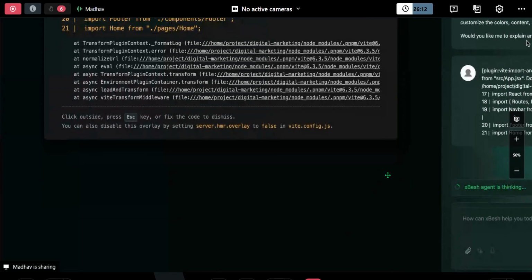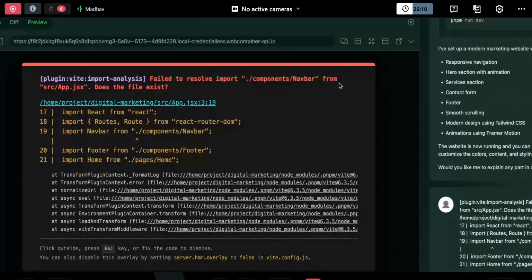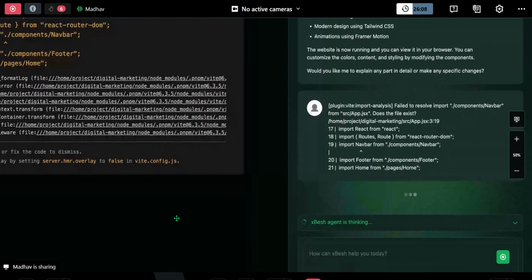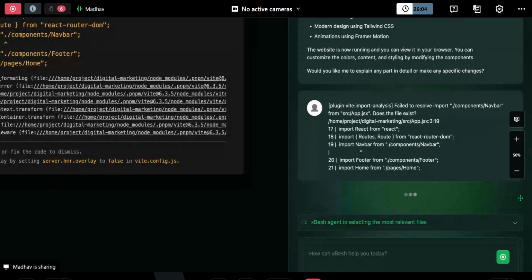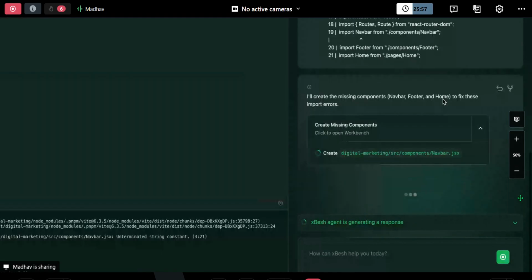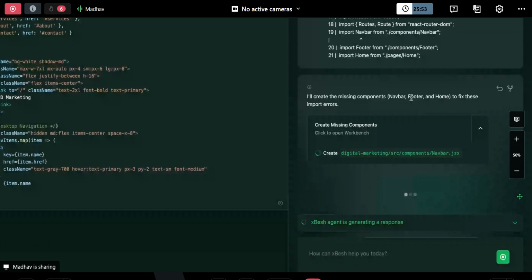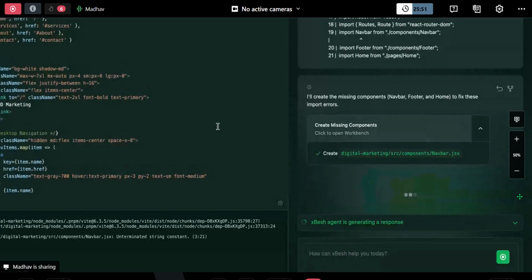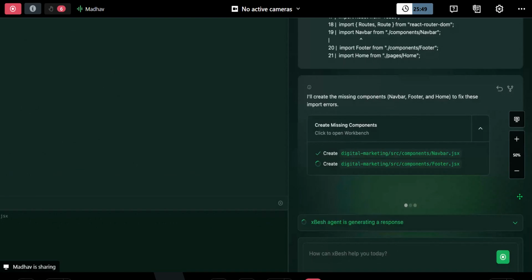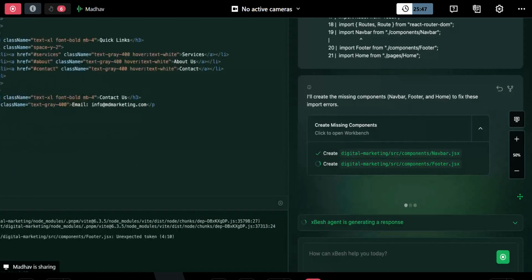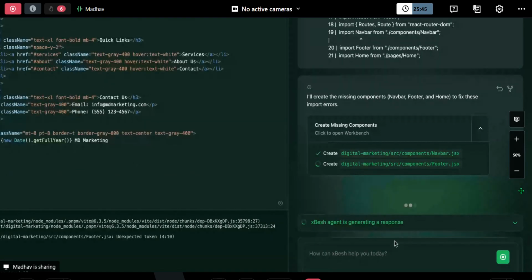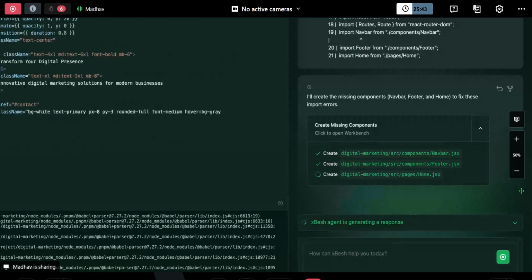Let's say it's like in-browser app development. When your developer is working on something and tries to preview it, it gets an error. So it's a similar kind of experience. When you're getting some error, you just give it back and it will fix it automatically. You don't have to bother about how to get this fixed. Just give it back to the chat. Any error, even an error in the terminal or in the preview, just give it to the chat. It will fix it by itself. We don't have to bother about it at all. Okay.